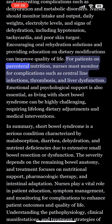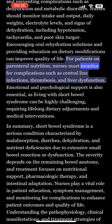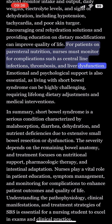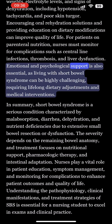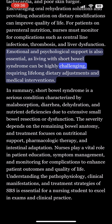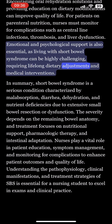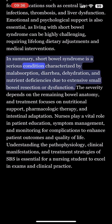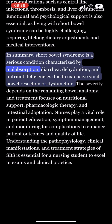For patients on parenteral nutrition, nurses must monitor for complications such as central line infections, thrombosis, and liver dysfunction. Emotional and psychological support is also essential, as living with short bowel syndrome can be highly challenging, requiring lifelong dietary adjustments and medical interventions. In summary, short bowel syndrome is a serious condition characterized by malabsorption, diarrhea,